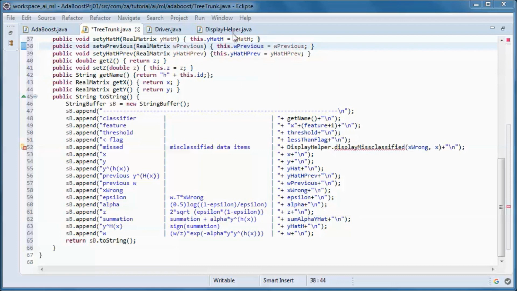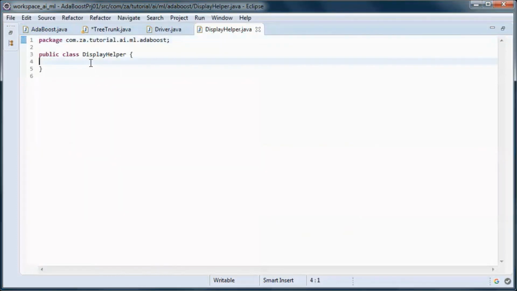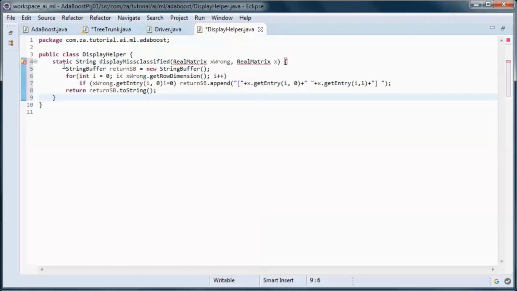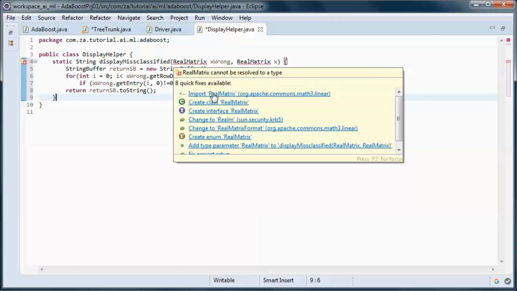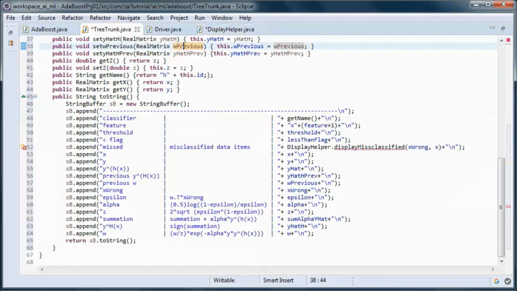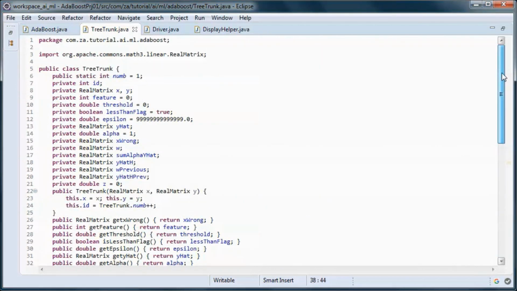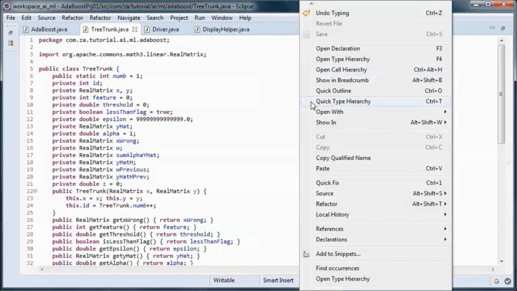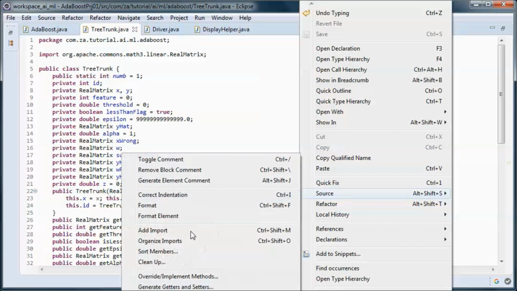And let's go ahead and add this static method that displays misclassified data items. And I want to generate hash code and equal method for this class.